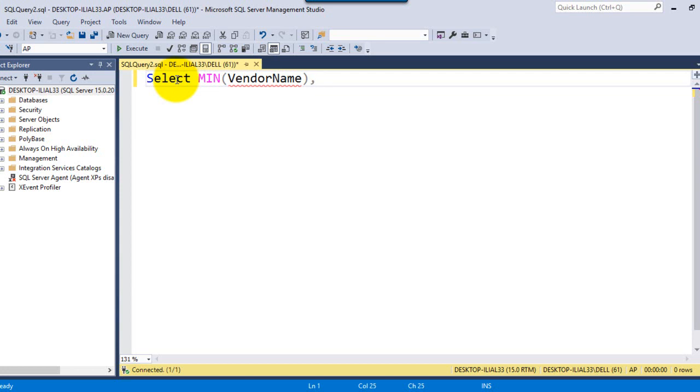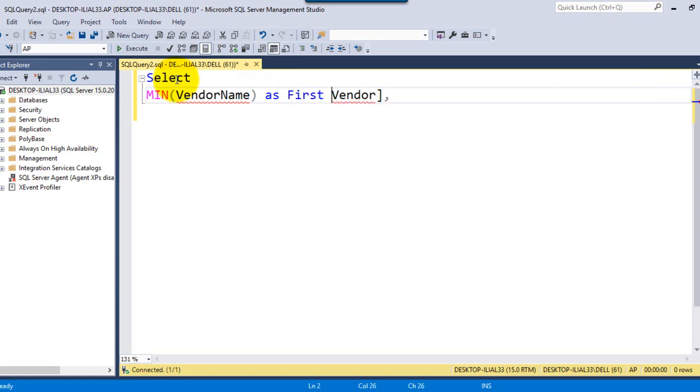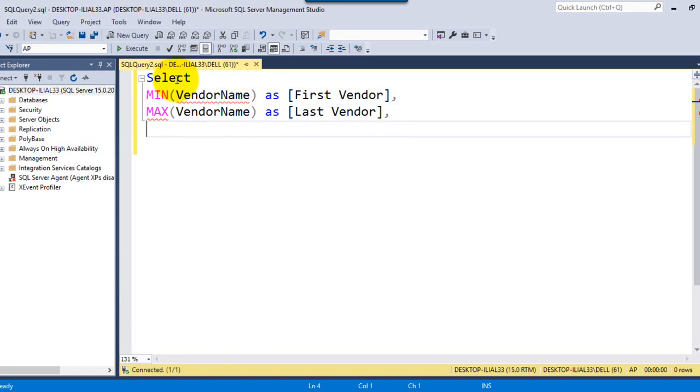and select vendor name. I can call it first vendor. Since it has two words with a space, I will use the square brackets, and then the max function, max vendor name as last vendor, plus we can use the count function also, so we can count how many vendor names there are, or we can even count the vendor ID. Both will work. So vendor ID as number of vendors,